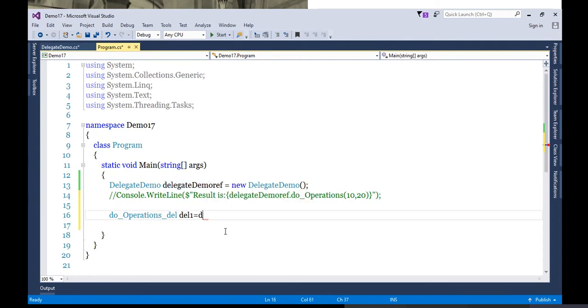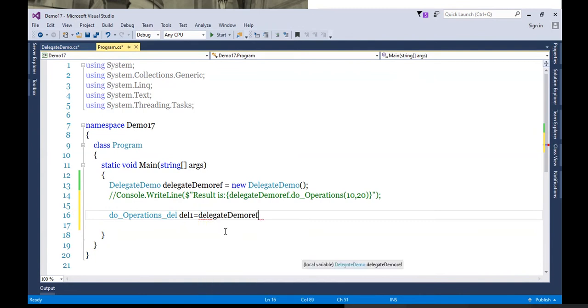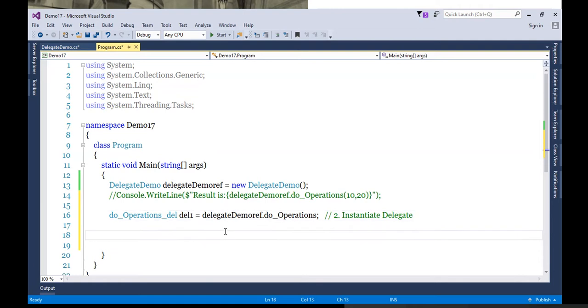So let's create a step. So DelegateDemo reference dot DoOperations. That's it. So step 2, instantiate delegate. And then we'll call this method DoOperations using this reference delegate1.